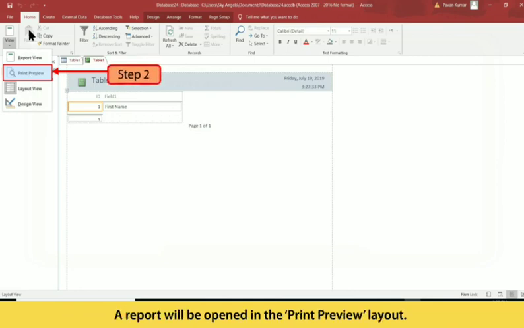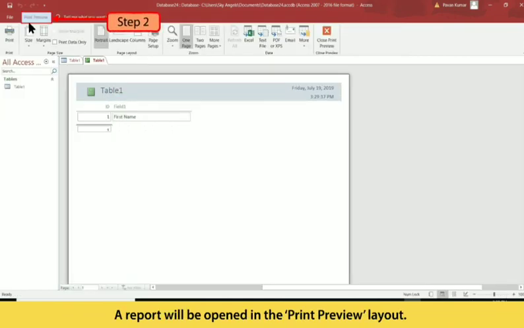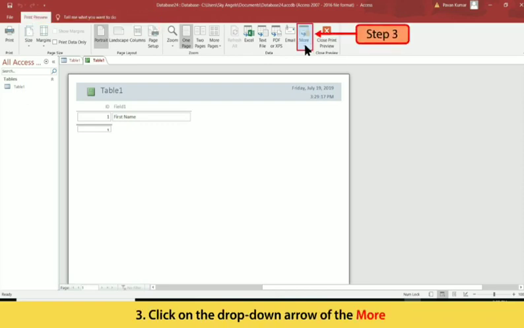A report will be opened in a print preview layout. Now step number 3: click on the drop-down arrow of the More button. It is in the Data group of the Print Preview tab.